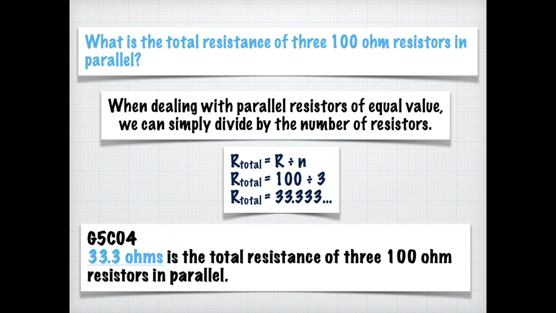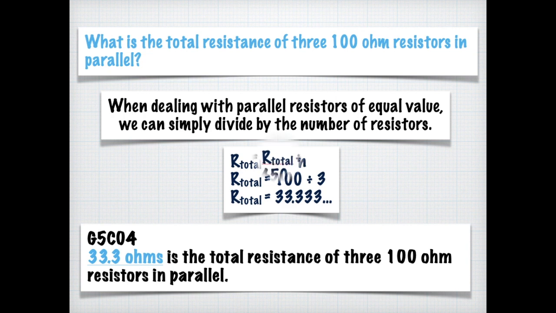You just simply divide by the number of resistors. So in this case, they're all 100 ohms. So the formula would read resistance total, or R total, equals R divided by N, but it's only if they're equal value. So with our formula, R total equals R divided by N, where 100 divided by 3 is 33.333. For the exam, we need to know that 33.3 ohms is the total resistance of 3 100 ohm resistors in